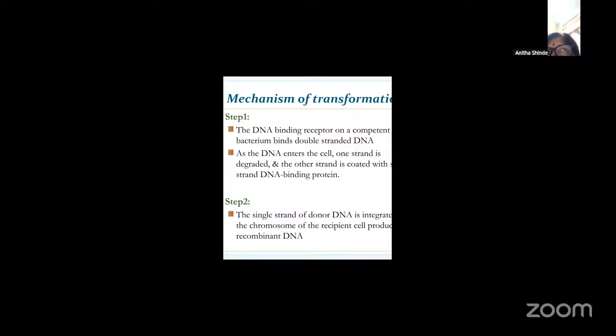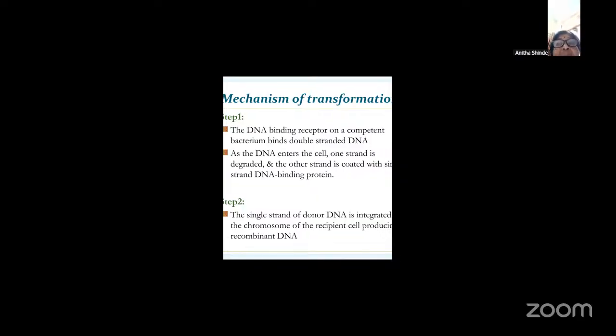So here now I'm talking about the mechanism, how the transformation will take place. You know what transformation is now? I have talked about artificial transformation and natural transformation. Natural transformation is seen in different species, but artificial transformation can be seen only in E. coli. Now we will see how the transformation phenomenon takes place in the bacteria. So here what they're saying is the DNA binding receptor on a competent bacterium will bind the double stranded DNA,